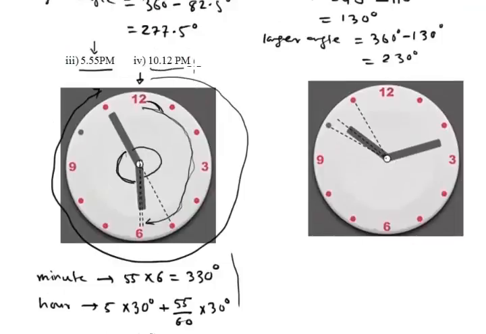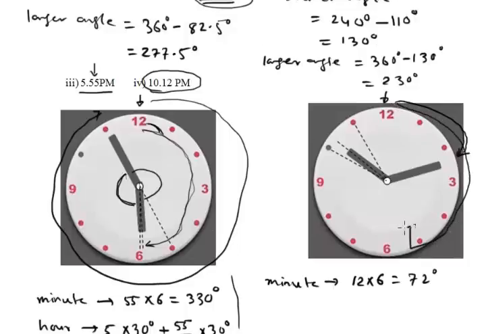Here the time is 10:12 p.m. So this is the hour arm 10, and this is 12, the minute arm is 12. So if we consider this as the reference point, then this is the minute arm. So the minute arm is going 12 minutes. So for 12 minutes, its angle for the minute arm will be 12 times 6, that is 72 degree. So from here the minute arm is moving 72 degree,